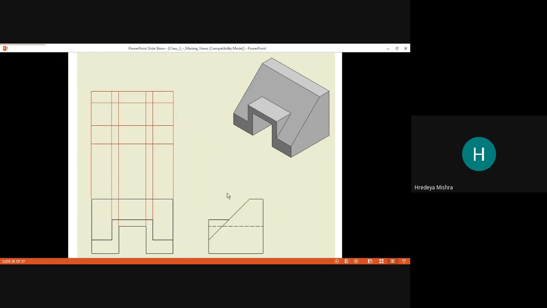Next, we saw the top view. The top view direction is this, so from the top view we can draw this. Is there any hidden line? Anyone can tell? See, these are the hidden lines, and this is for this slot, for this edge.